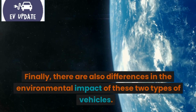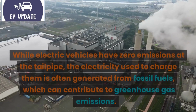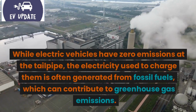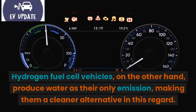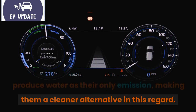Finally, there are also differences in the environmental impact of these two types of vehicles. While electric vehicles have zero emissions at the tailpipe, the electricity used to charge them is often generated from fossil fuels, which can contribute to greenhouse gas emissions. Hydrogen fuel cell vehicles, on the other hand, produce water as their only emission, making them a cleaner alternative in